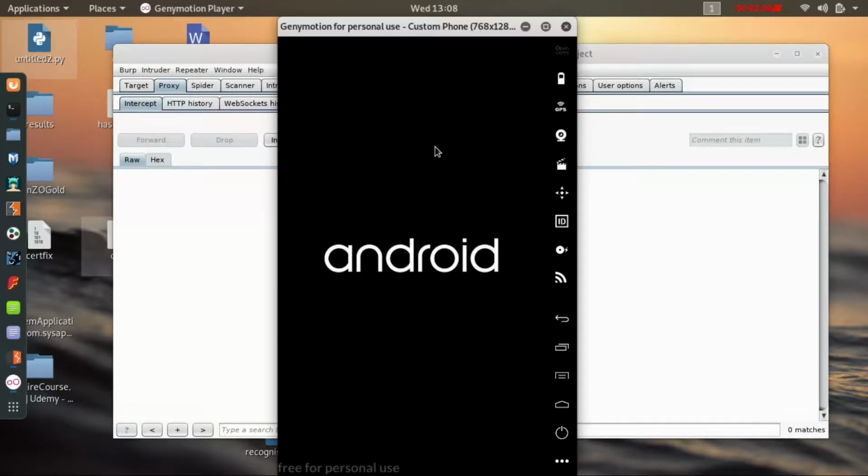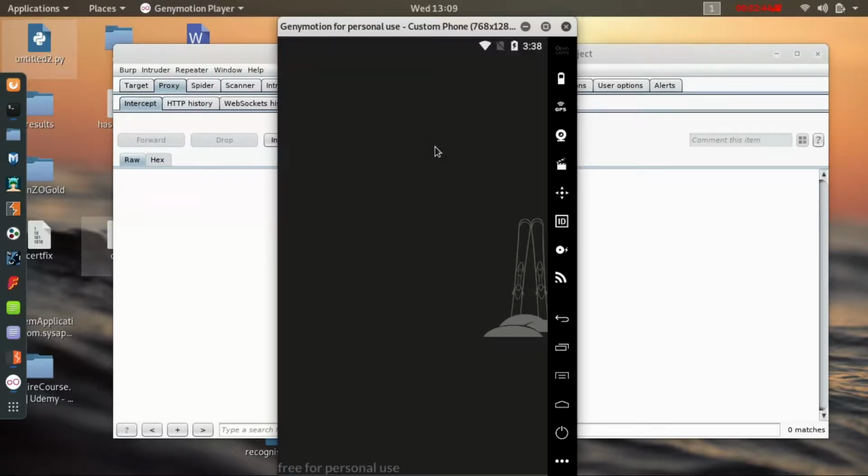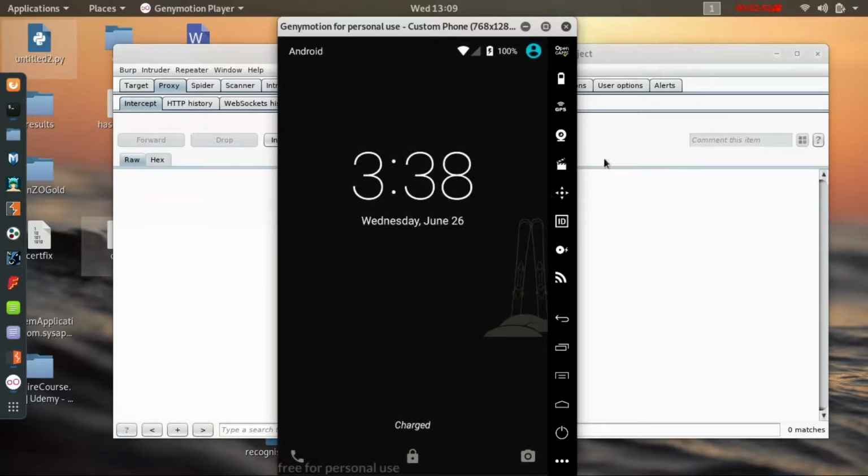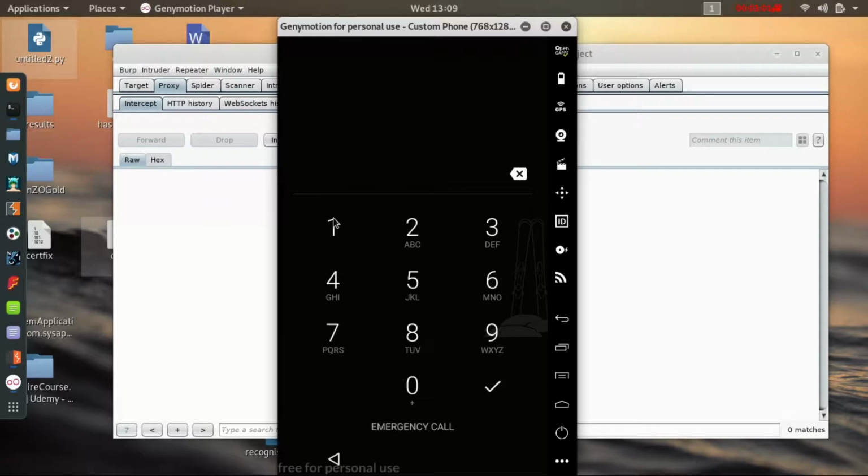My computer is slow, that's why I have done fast forward. Starting. It's taking some time because I have a slow laptop. So starting, first of all you have to check that you have activated the security, that you have a pin or pattern lock in the Android,